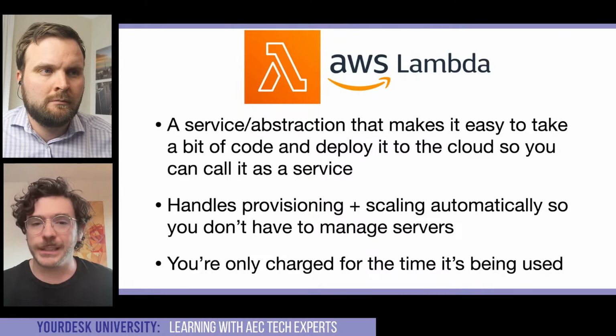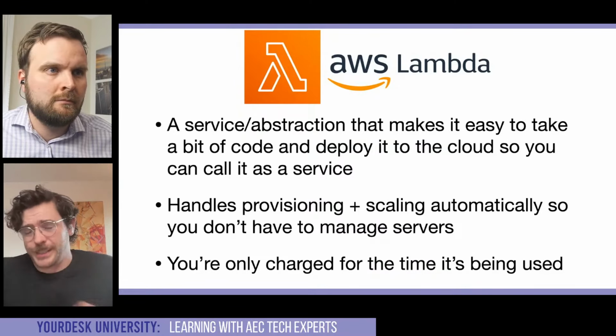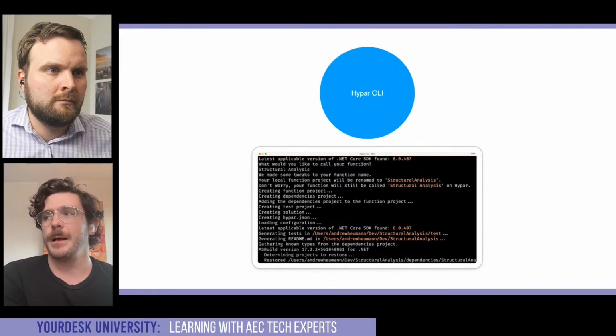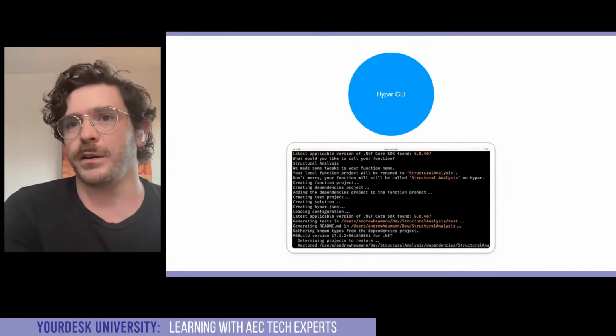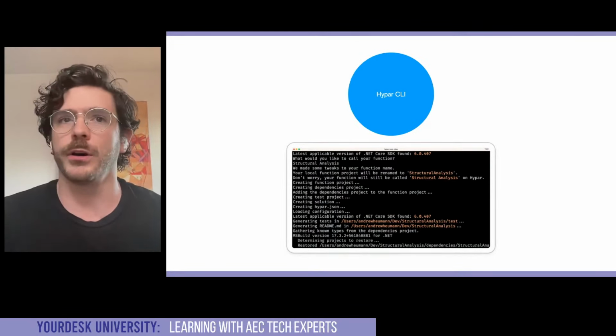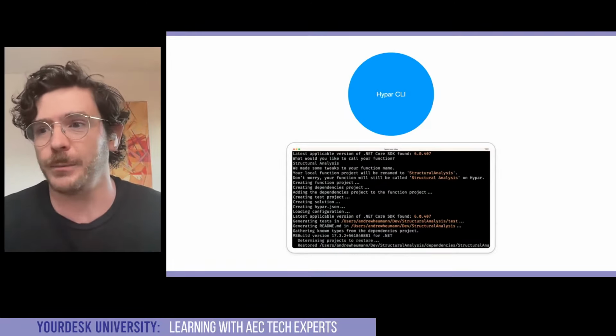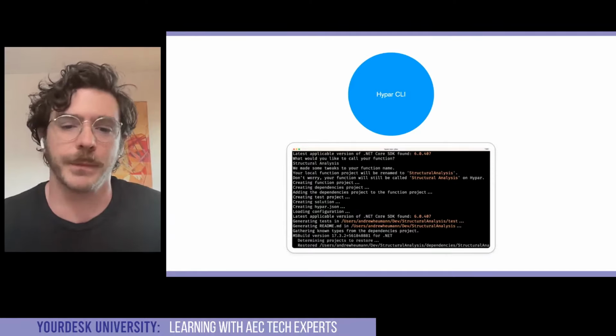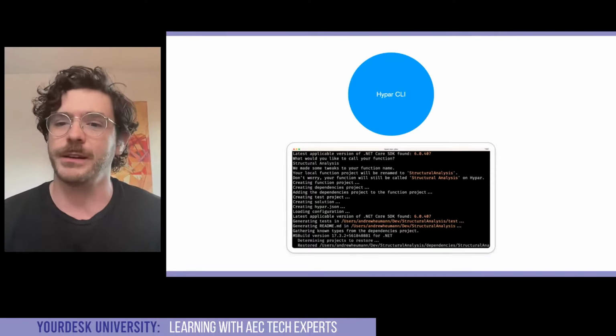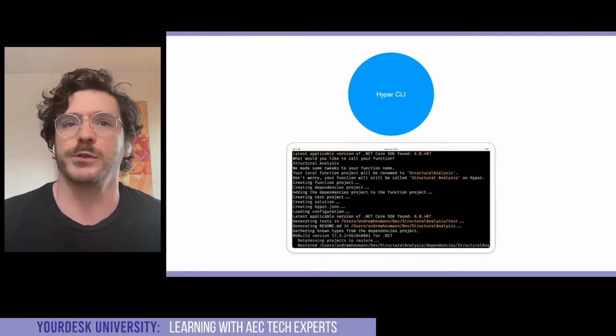So, we talked a little bit about the CLI. Basically, all the CLI is doing for us is making it that much easier for you as a coder to write a little piece of code that does some 3D BIM logic and deploy it to an Amazon Lambda so that it can participate in our infrastructure.